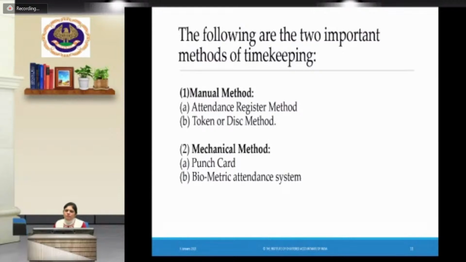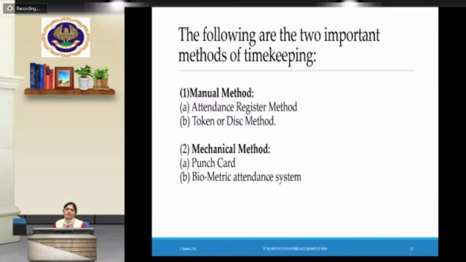Then what are the methods to record the timekeeping? Manual method and mechanical method. Manual method, I hope all of you must be knowing. Attendance register. So the manual attendance registers are kept, which of course is a scope of manipulation and proxy attendance and everything. So attendance register, of course, the employee is coming and signing his entry time and exit time